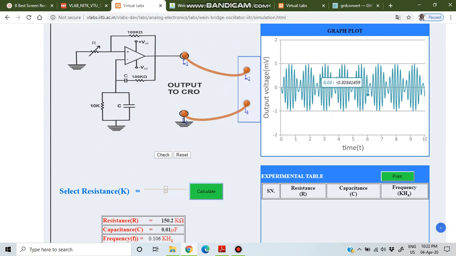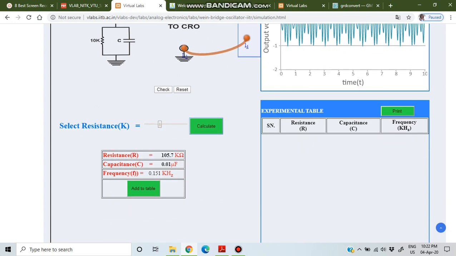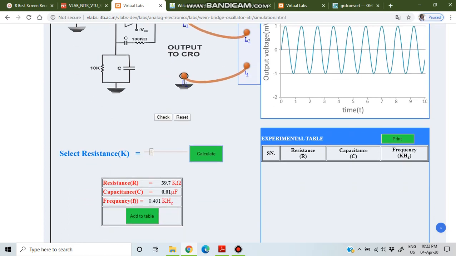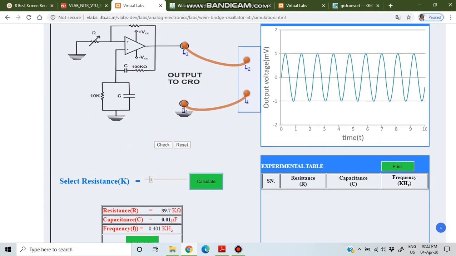So this doesn't seem to be like a sinusoidal, but some modulated sort of thing. So let us change a certain value of a resistor. Unless and until the Barkhausen criteria or the gain and all these values are met, we will not get the proper oscillations. So that you should check when you are getting the oscillation. Like this one, in this one, I have changed the resistance value as 39.7 for a fixed capacitor value 0.01 microfarad. If this is the required oscillations for 0.4 kilohertz, I get this oscillation.